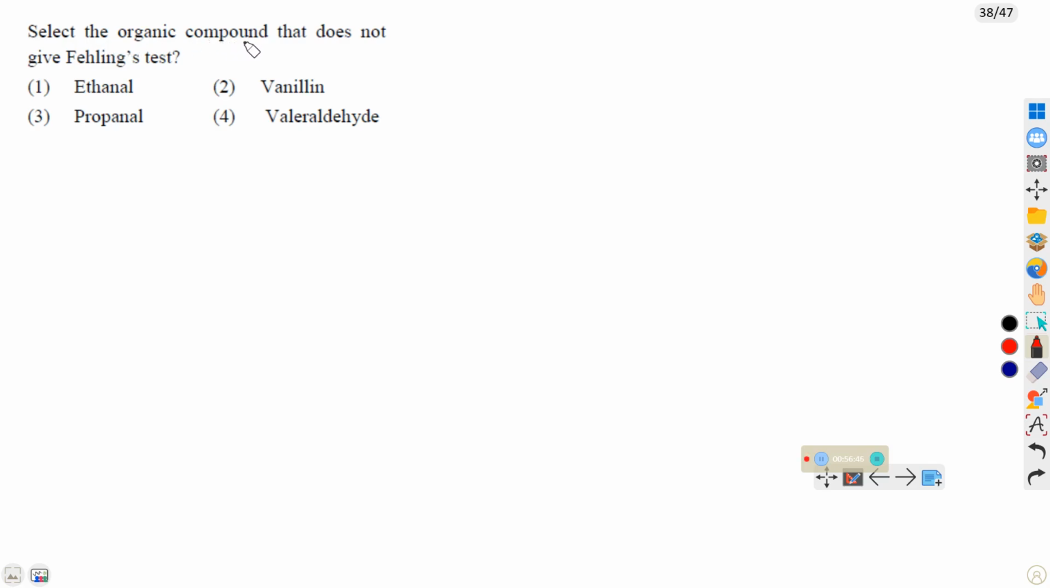Select the organic compound that does not give Fehling's test. Aromatic aldehydes and ketones do not give Fehling's test. Ethanol and propanol both give Fehling's test. Now you can check vanillin,